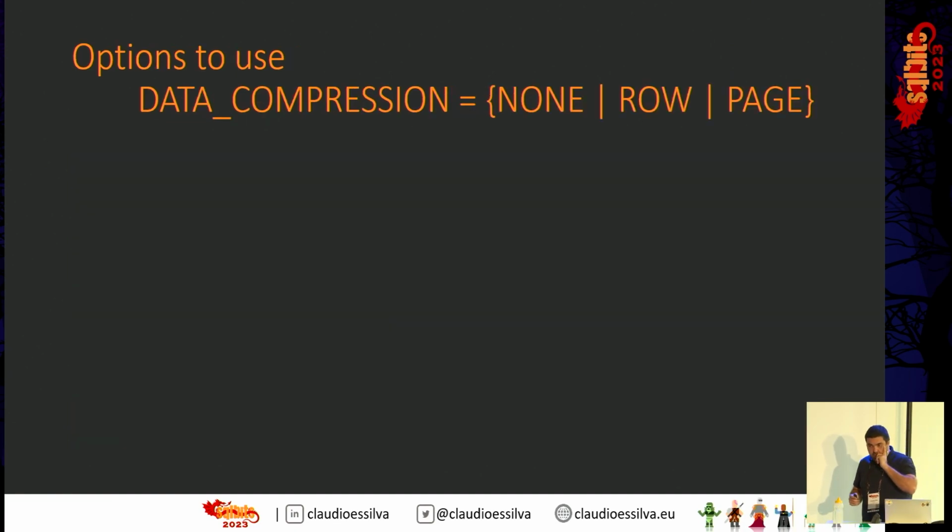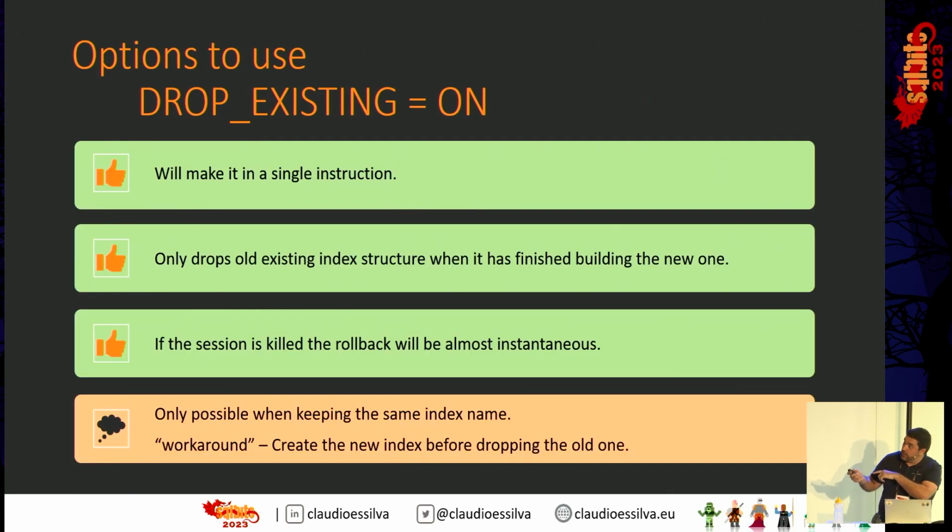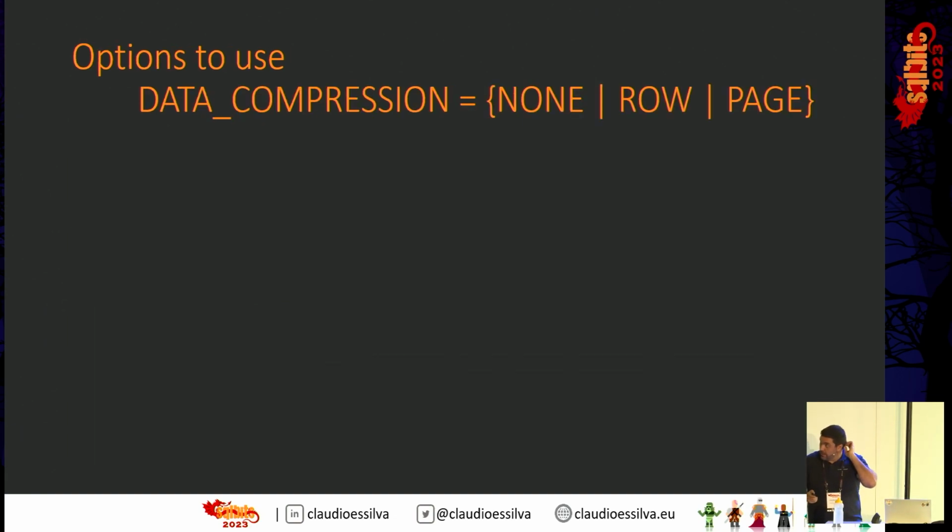Next, data compression. Who uses data compression when creating an index? Okay, so this is something that exists. And sorry, by the way, the previous one exists on Standard and Enterprise. So you can leverage it on any of those. The data compression